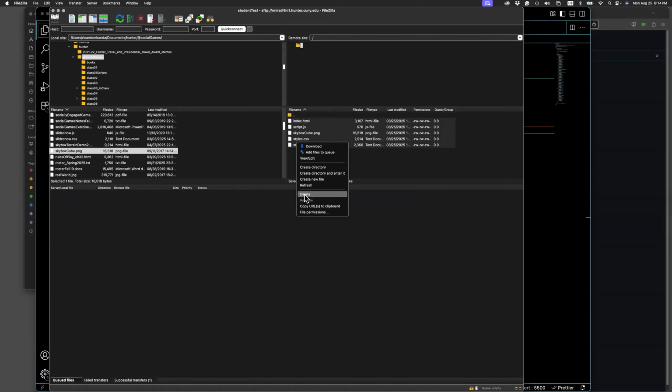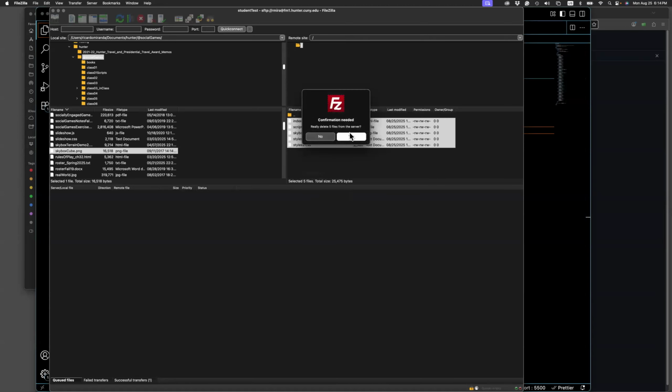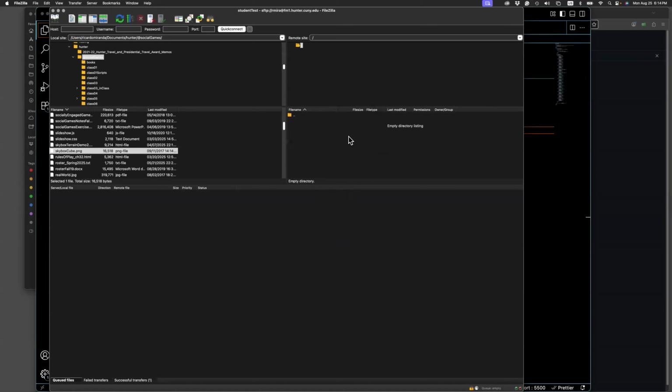I have a 3-button mouse, so I'm right-clicking. I'm going to delete them. Yes, go ahead and delete them. And I'm going to upload